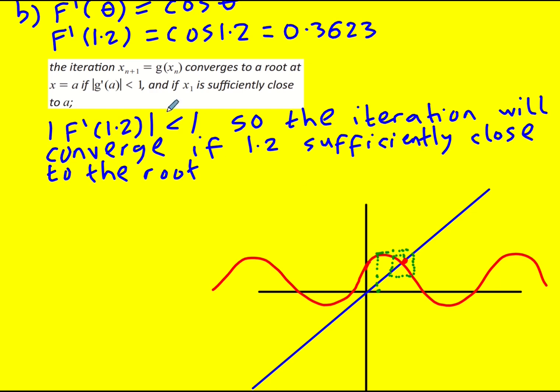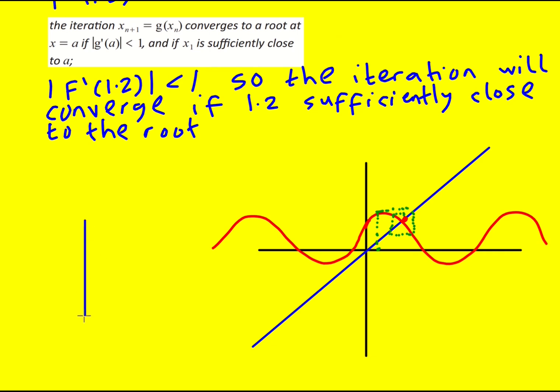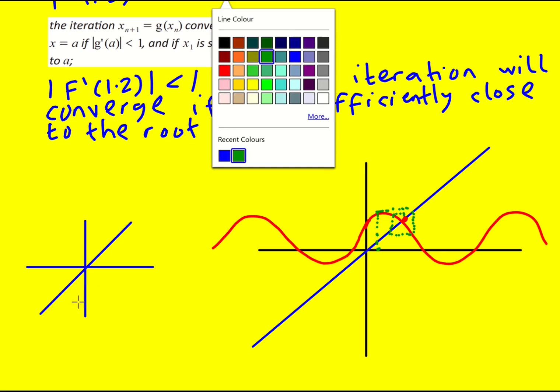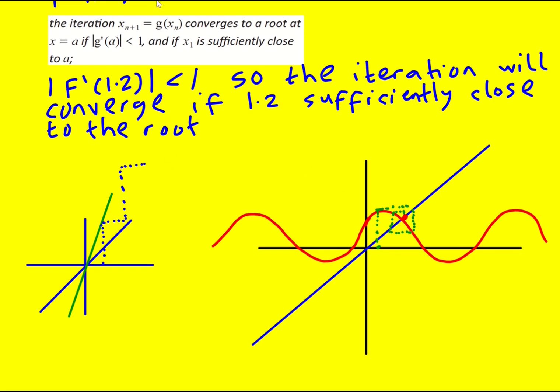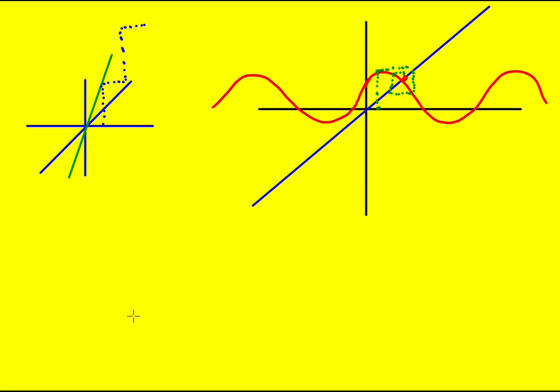And what this is getting at is if the gradient is sufficiently small, then you will converge towards it. And if it's too big, then you won't. Because if I take a slightly different diagram, I'm not gonna do the cos one here because this one does converge. But if I had a gradient that was actually quite large, like this, this is now my function, the green function instead of the red function, then you put it in and it goes up to your function, then you go across, and actually you can immediately see it's going to diverge. But when you have a function with a smaller gradient, sufficiently small that is,